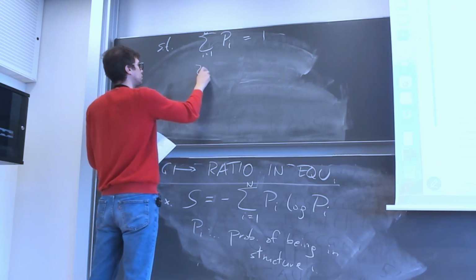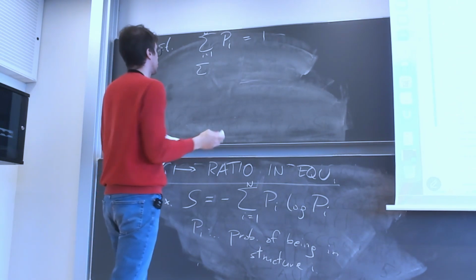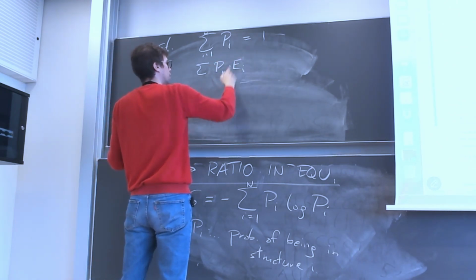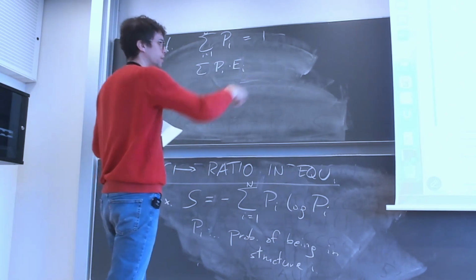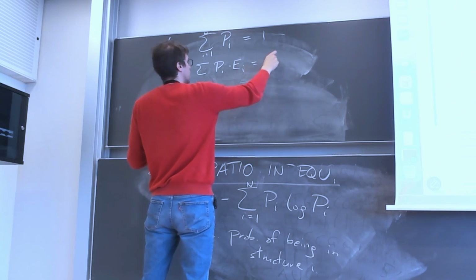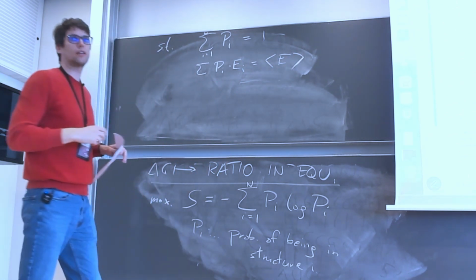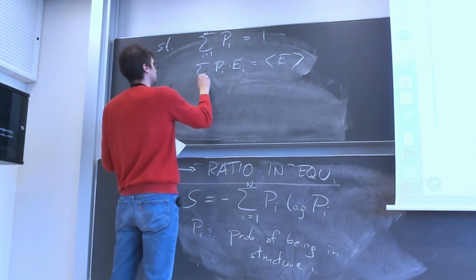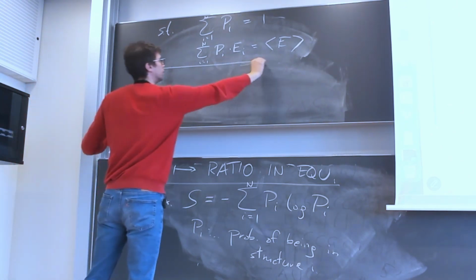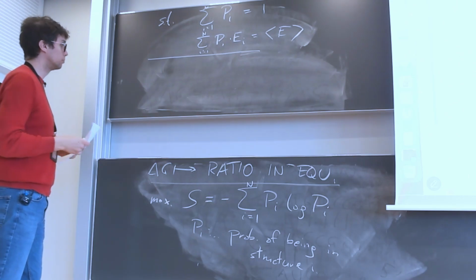We also know, and now this goes back to the energies, that the energy doesn't change. So Pi times EI, where this is the energy delta of being in one of these structures, in structure I. This has to be a constant, let's say. It's the average energy in your system. This is just a constraint optimization problem that we kind of know how to